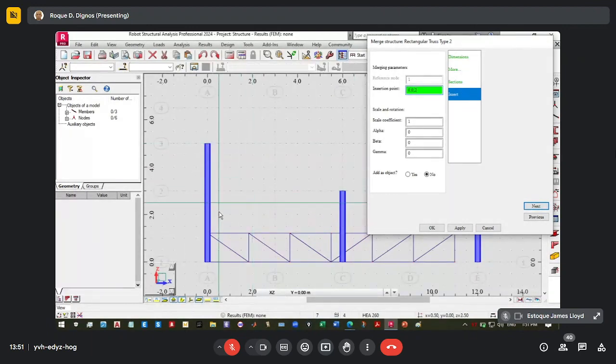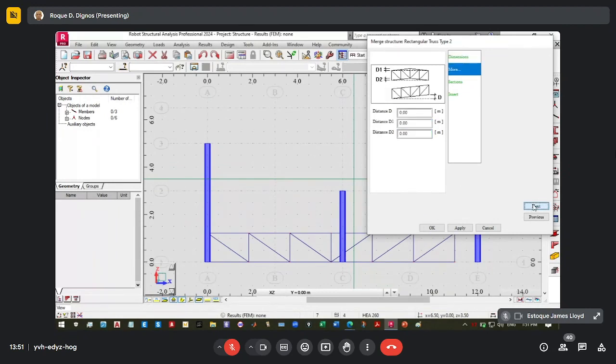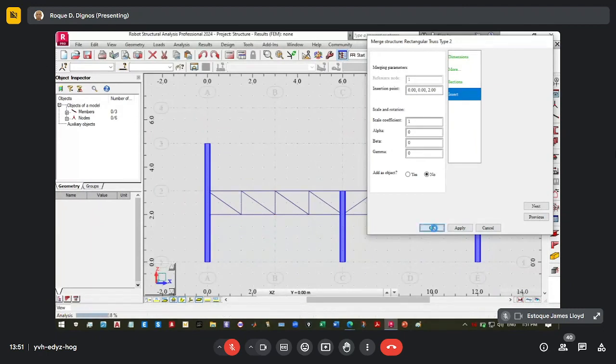The insertion point is somewhere here, and that will put the top chord on a level of this grid line number 2. So 0, 0, 2 and next. And by the way, the height is not 1.5, it is 1 meter. Next, looks good. And we apply it and okay.